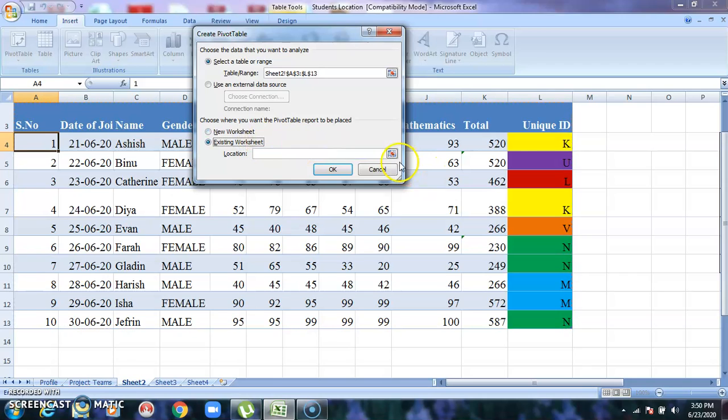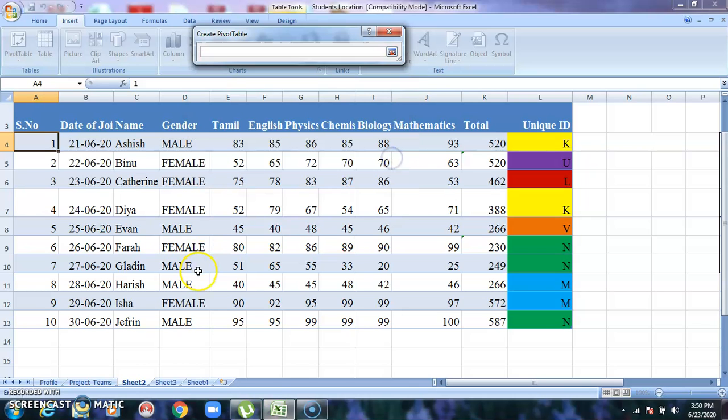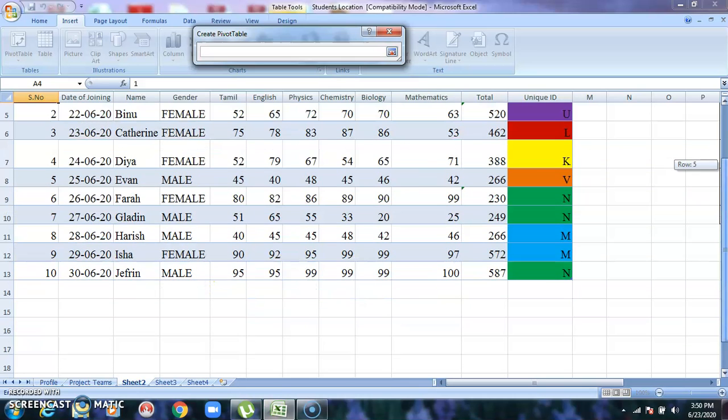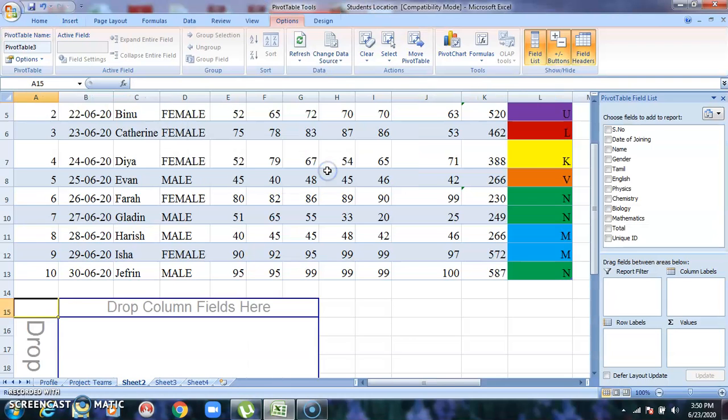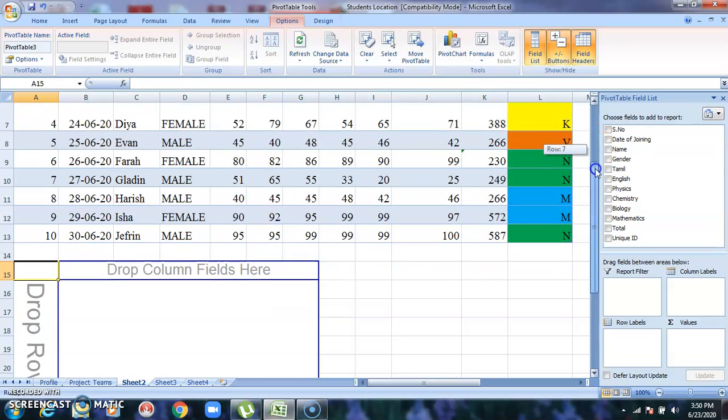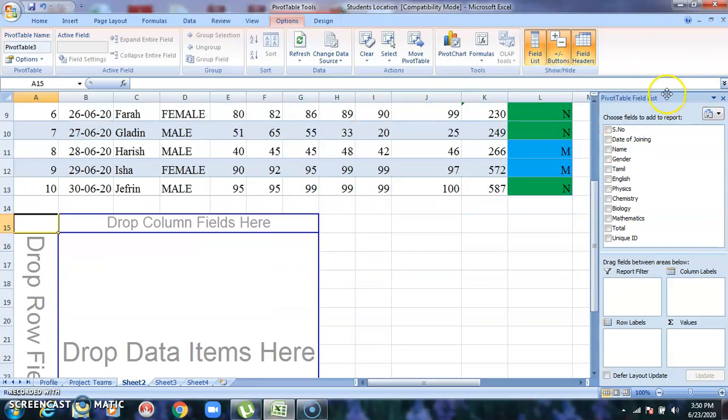Okay, right. And where do I have to place it? I am going to place it below the source table. Let me choose a cell over here. That is quite enough. Okay, now go back again and click OK. Now here you will find a layout and a submenu, where you will choose which should be your row labels and which should be your column labels, and when you are choosing that, accordingly the pivot table columns, rows and the data, everything will change over here.